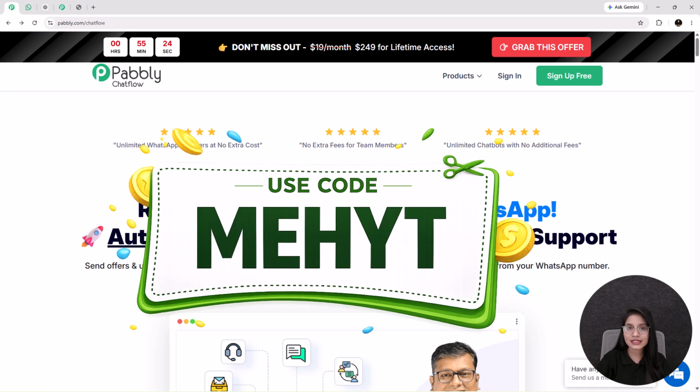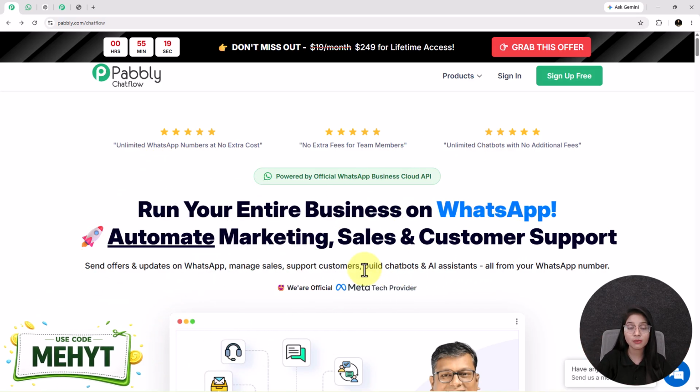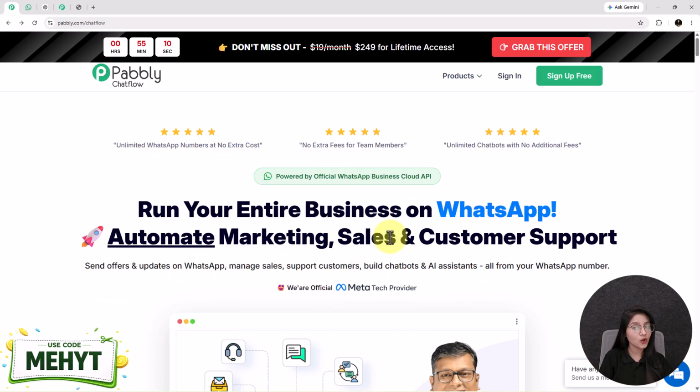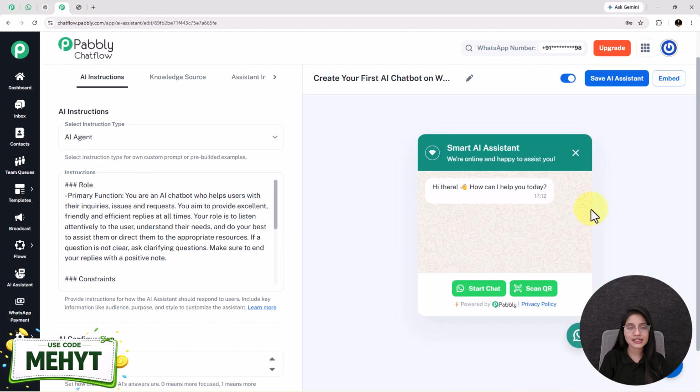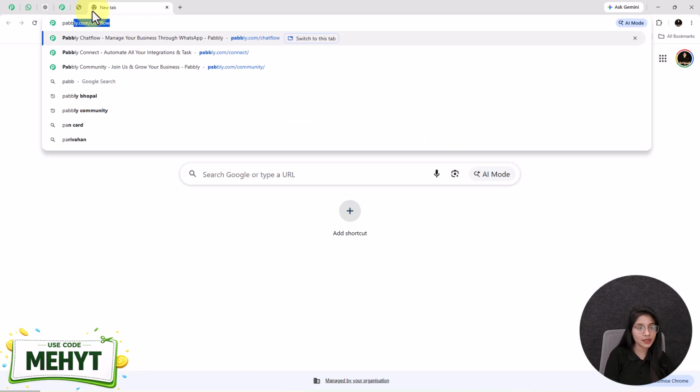And not only the AI assistant, with the help of this single tool, you can broadcast messages, create WhatsApp chatbots and many more. Now without wasting any time, let's start the creation of this amazing automated WhatsApp AI assistant step by step. At first, open a new tab and go to